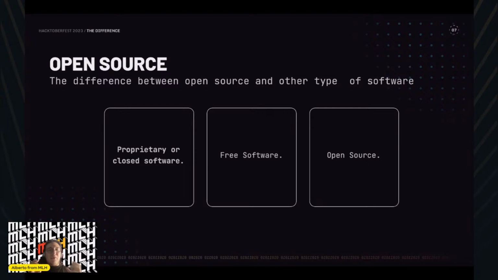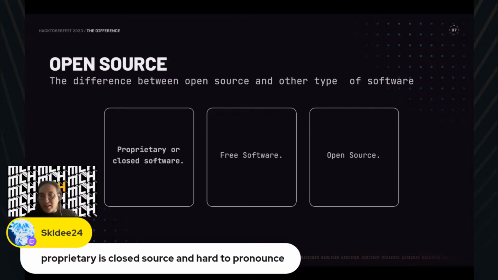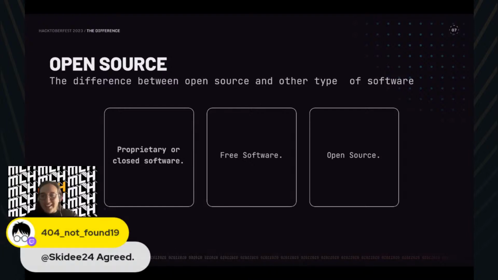So that's the main difference between free software and open source: the motivation behind it. I want to see some comments here because I know it's a little confusing. Proprietary is closed software, and it's hard to pronounce. Yeah, agreed.